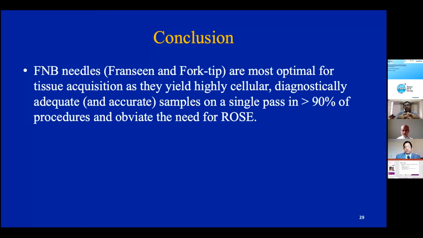The second problem with the 19 gauge needle is when you perform transgastric FNA, it's not a problem. But once you go beyond the pylorus, it's very difficult to get the needle out, and then the movements become clumsy. You can't perform fanning, it increases bloodiness and so on. So nobody is using the regular 19 gauge needle for